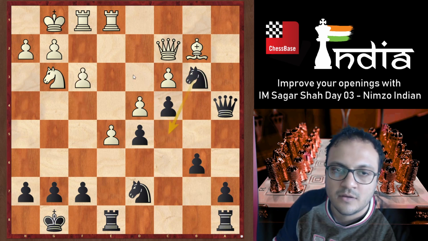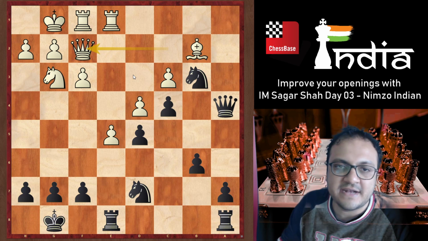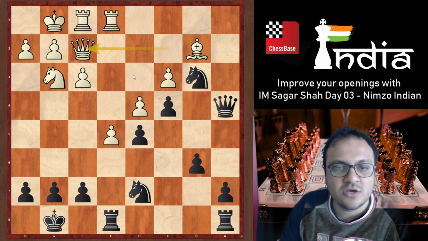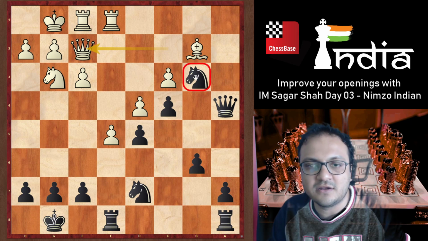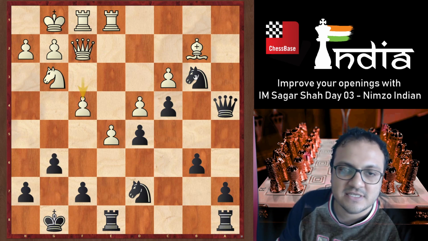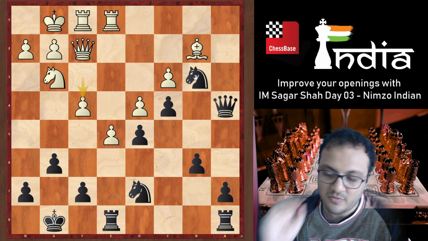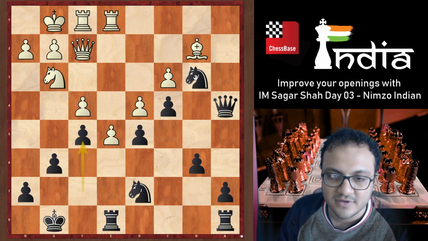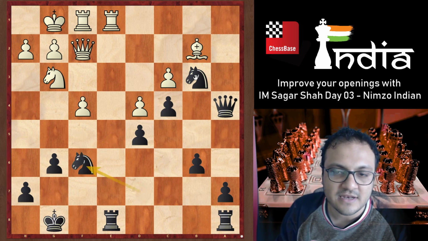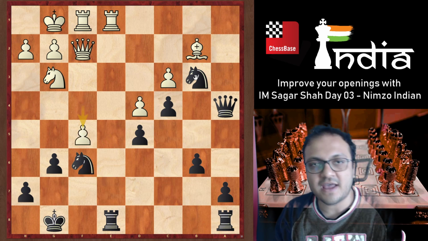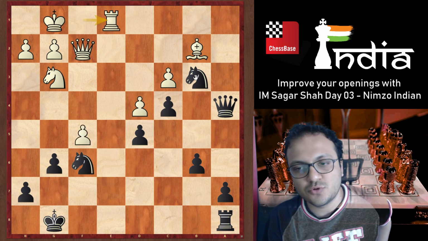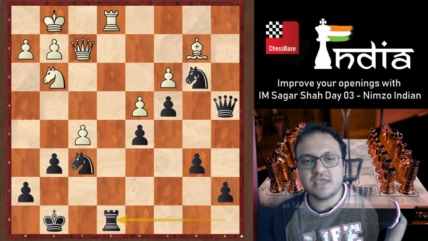But instead, Botvinnik quickly realized that he can just remove the queen and the knight will be stuck here forever. G6, now f4, and f5, if it comes in, that would be game over. So he played f5. Now ef, knight takes f6, f5 anyway, rook takes, rook e8.